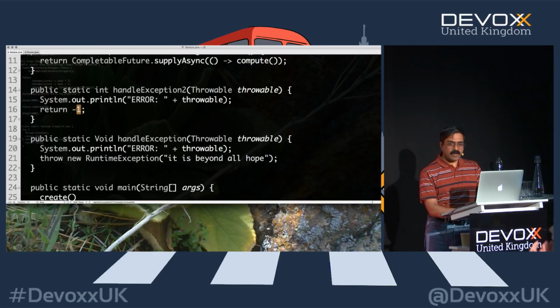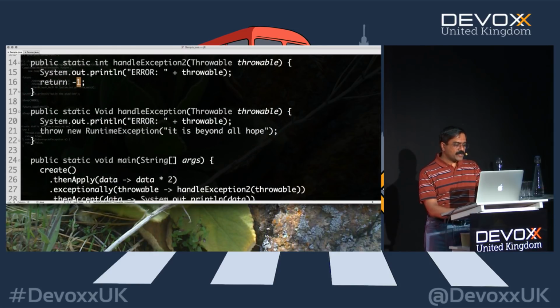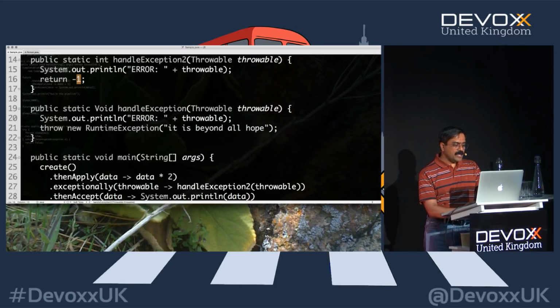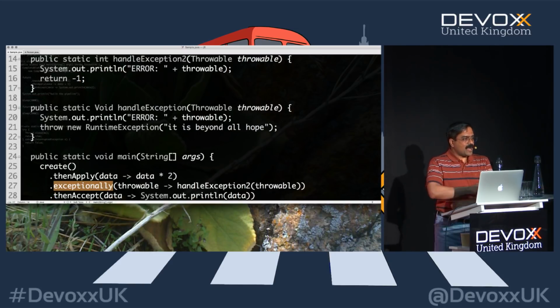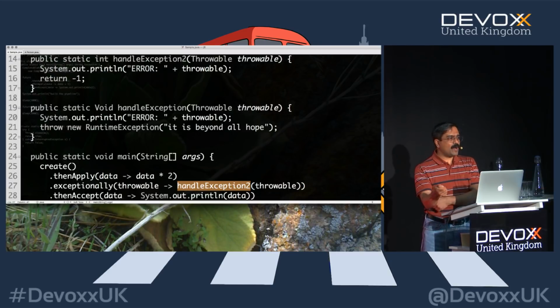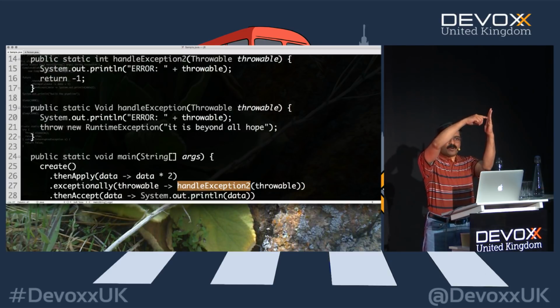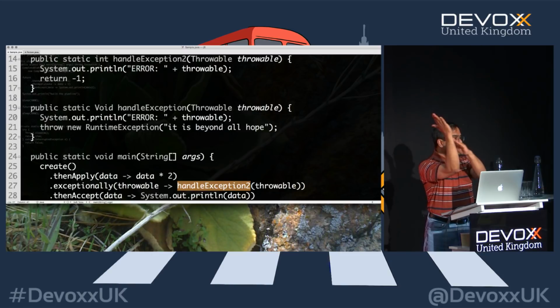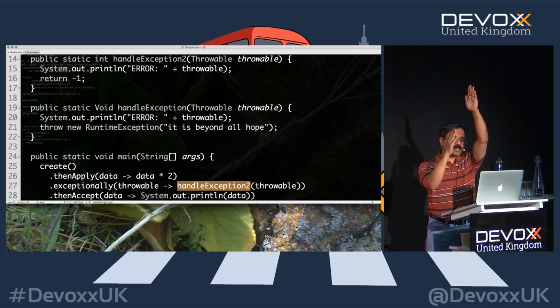And because it recovered from the error, at this time it says, I am going to go to the nearest then, because this guy recovered from it. So the moral of the story is, in your exception handler, if you don't blow up, that means you are recovering from the exception. If you blow up, you're saying continue on the error path because this is beyond repair. If you don't throw an exception, but you return a normal value, then you switch back to the data path, and then you're going to continue on the data chain.